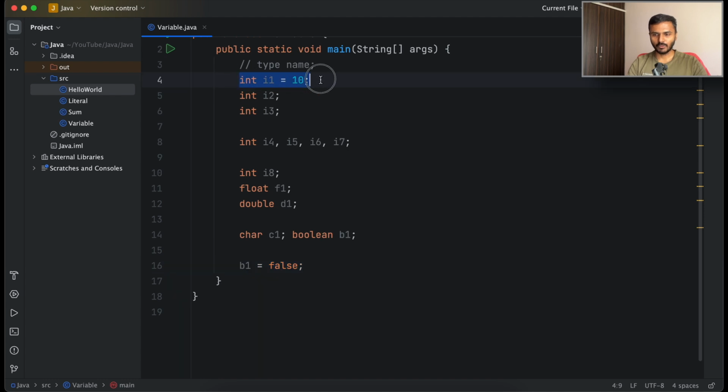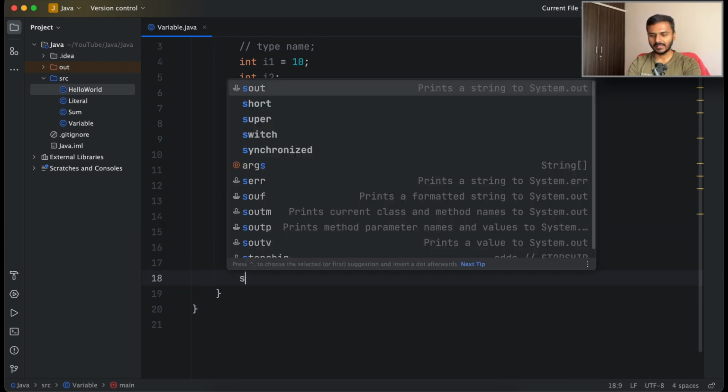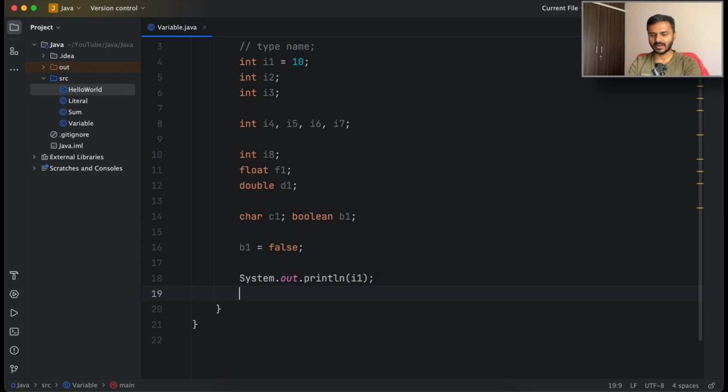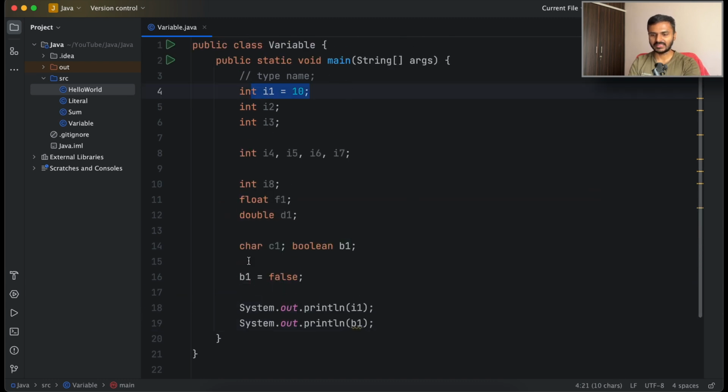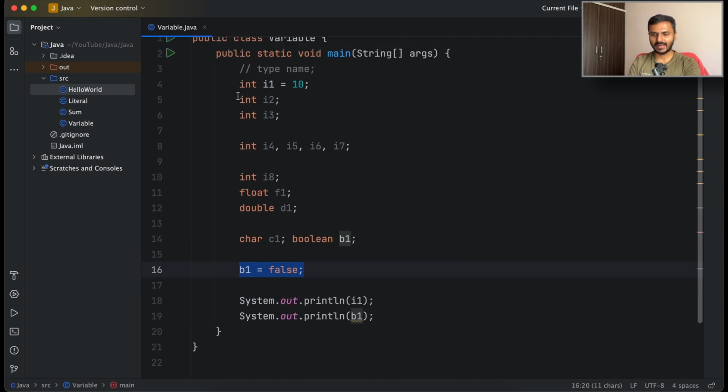So in line number 4, we assigned a value to a variable while creating the variable. But in line number 16, we assigned a value to a variable after we had created the variable. Both of them are syntactically correct, and which one you use depends on the need and the usage. So before discussing further, let's quickly print the values of I1 and B1, the two variables that we have initialized. So if I run the code now, I get 10 and false, which are the values that we had initialized